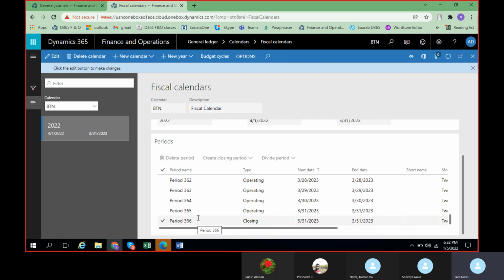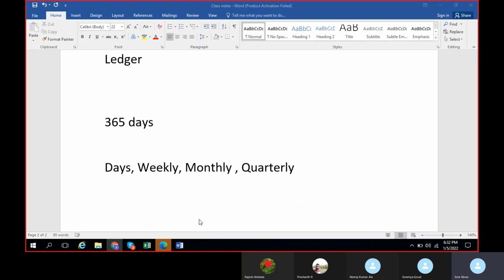Even though we have 364 days, the 2 extra days, the period 01 and the closing period, will get added here. Because in any business we will have an opening period and a closing period.